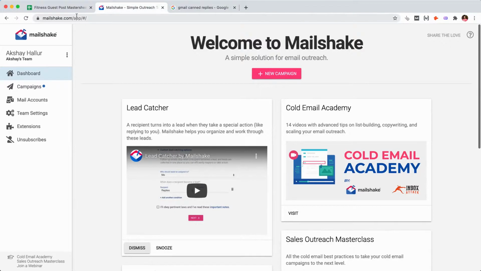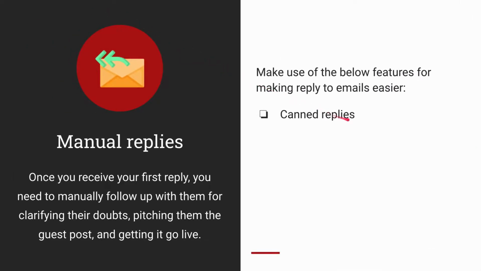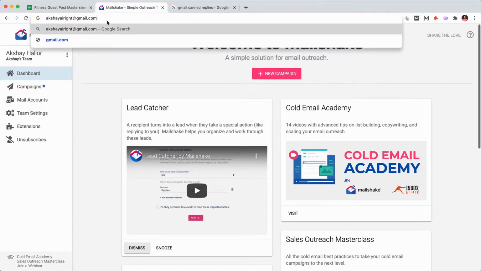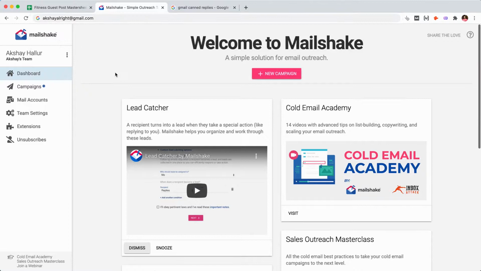You can make use of canned replies, or you can make use of text expanders. What I mean by text expanders is, if I type in em1, it will expand to my Gmail address. Like this you can have your most often used reply templates in your text expander, to just expand when you enter a keyword and hit tab or whatever the hotkey is.